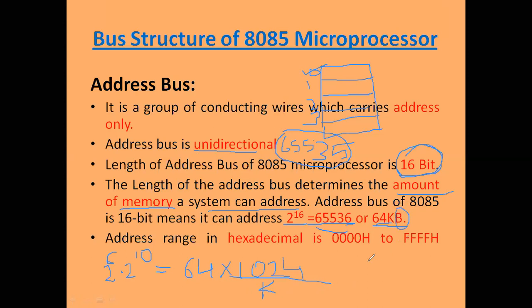B stands for bytes. 1 byte is equal to how much? It is 8 bit. Means every memory location can store how many bits? It can store 8-bit information. That's why it is 64 kilobyte, means 64K into 8 bit. अंडरस्टूड. तो हमारा जो मेमोरी है, कितना मेमोरी हम उस प्रोसेसर के साथ एक्सेस कर सकते हैं, that depends on